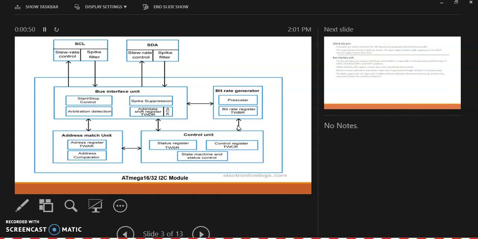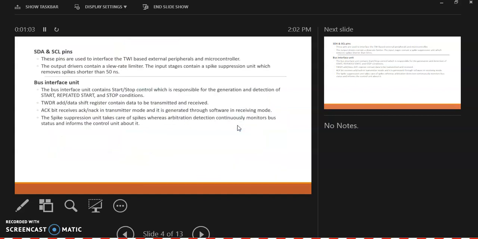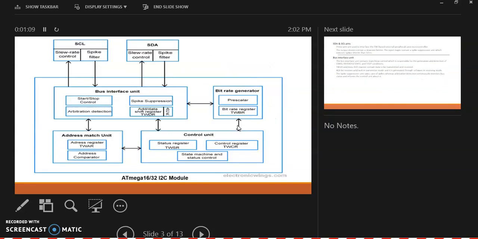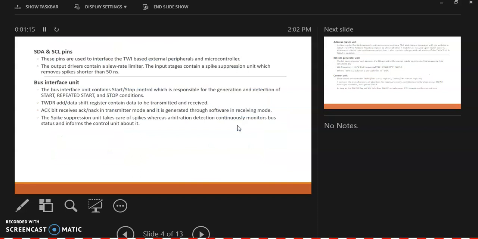This is the basic ATmega32 and ATmega16 I2C module, in which there are SCL, SDA, bus interface unit, bit rate generator, address match unit, control unit, and so on. The SDA and SCL pins are at the top of the diagram. These pins are used to interface the TWI-based external peripheral and the microcontroller.